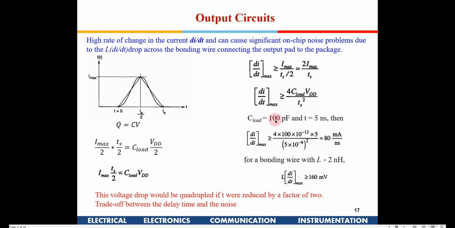Now if I put some values like C load 100 picofarad and TS 5 nanosecond, then I get di by dt max as around 80 milliampere per nanosecond. And if the bonding wire inductance is 2 nanohenry, I will get L di by dt. This L di by dt is the voltage which gets dropped in the bonding wire. It comes out around 160 millivolt. So whenever there is an input switching happening, these are typical values that have been taken here. This is the kind of voltage which gets dropped between the chip and the pin, here in the